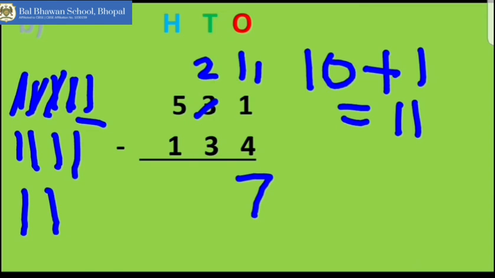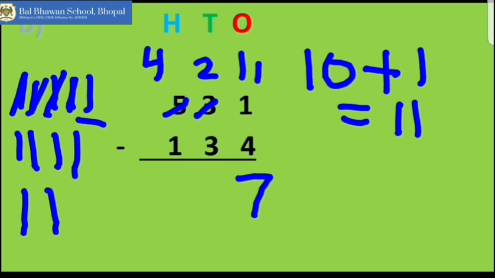Now next, see the digits given at tens place. Now here the digits are 2 and 3. Again, children, see the digit which is written on the top, that is 2. It is smaller than the digit written under it. Again in that case, again you have to take one borrow. So now it is tens place. Now you will take borrow from, yes, the hundreds place digit. So here it is 5. So in this case children, this 5, it will give 100 and it will become 4. 5 minus 1 is 4 and it has given 100.